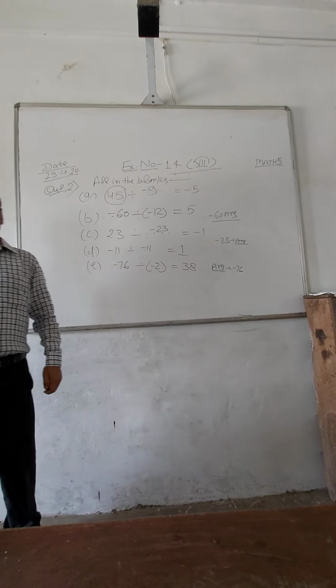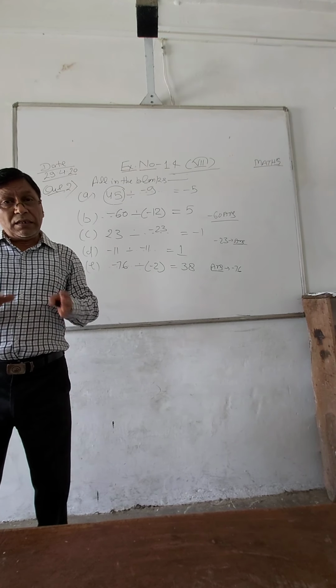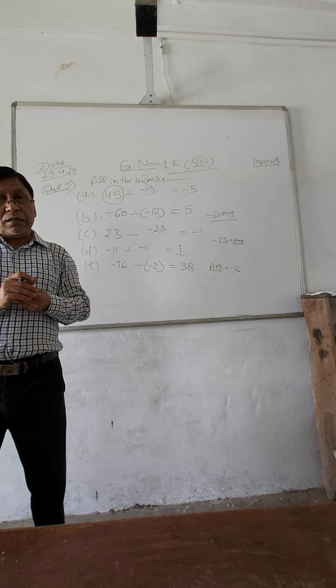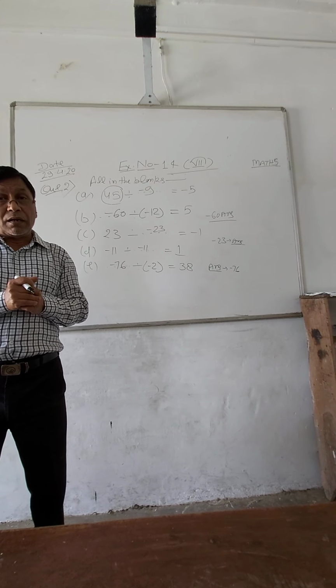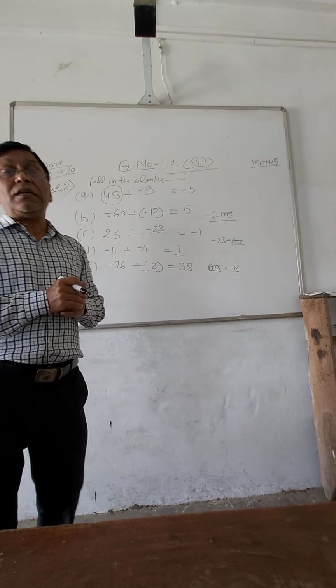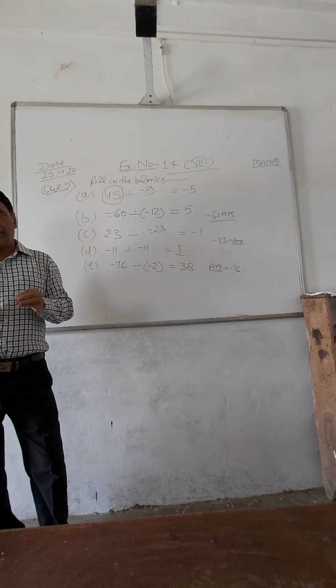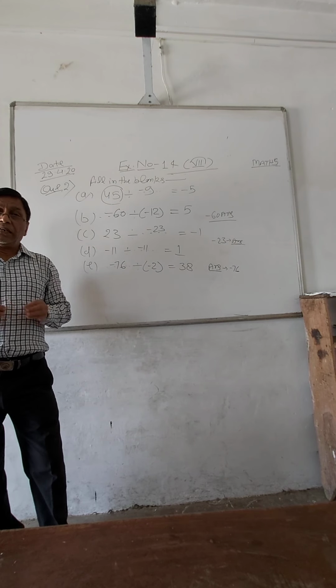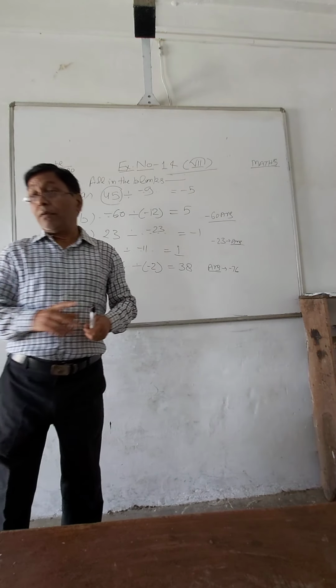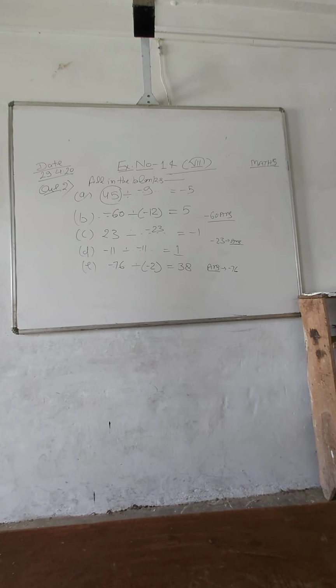So this question number 2 is also completed. Only conclusion is that for the sign, don't make the mistake of putting the sign. Keep only one line: same sign, positive; opposite sign, negative. That will complete this one. Now, state true or false for each of the following.